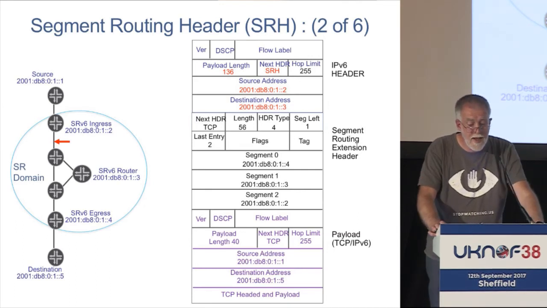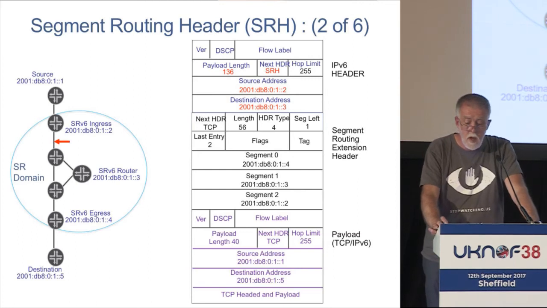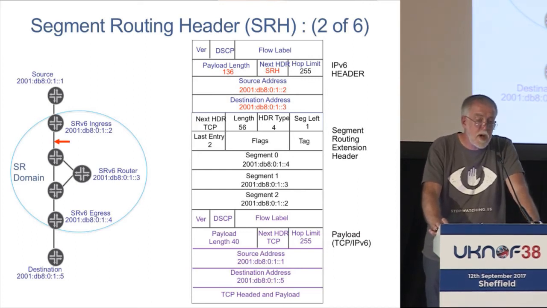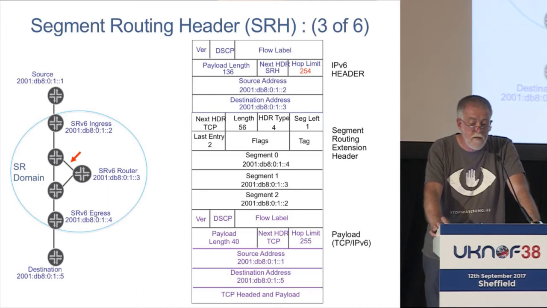So that's pulled out of the segment stack that's there. And then the next node we go through is not doing segment routing, it's just an ordinary IP forwarding towards that destination address. So nothing much happens apart from the hop limit changing,